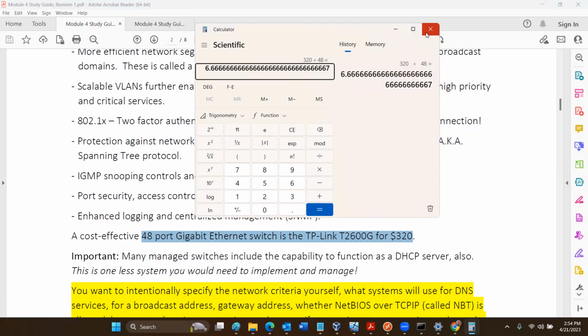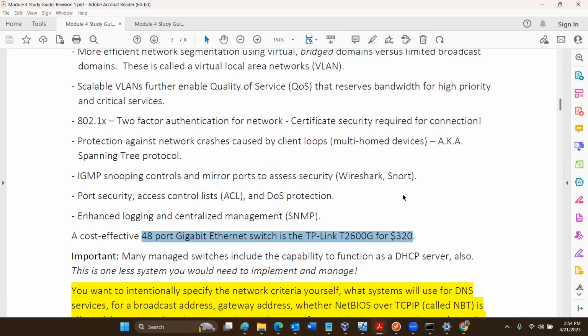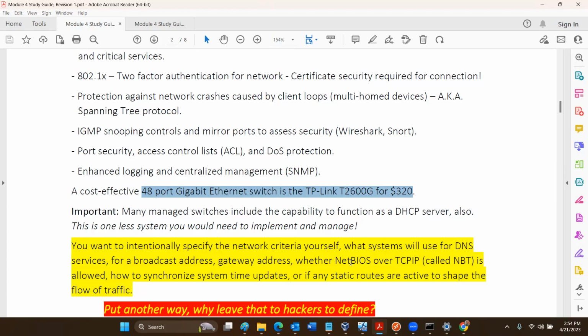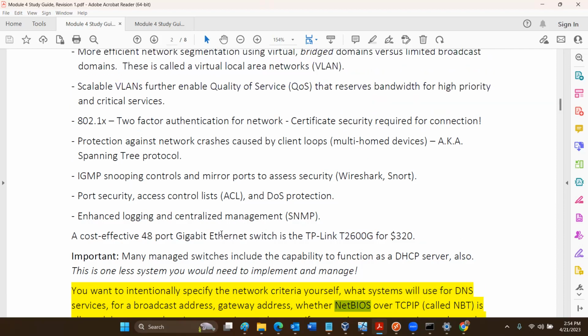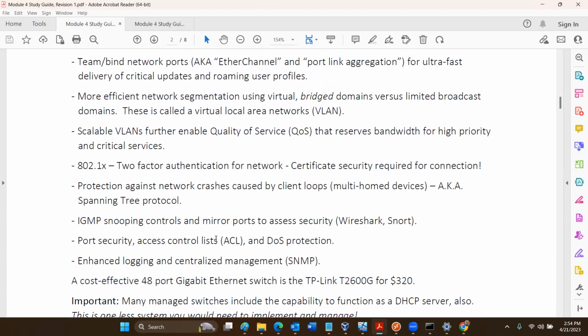Now, a lot of managed switches will run the DHCP themselves. Or you can tell that managed switch, we're not going to do any NetBIOS. So you can get rid of the security problems just because they're connected that way. If you have voice phones, when you have a managed switch, you can say, okay, I want a better quality of service for my telephones because I don't want hiccups.